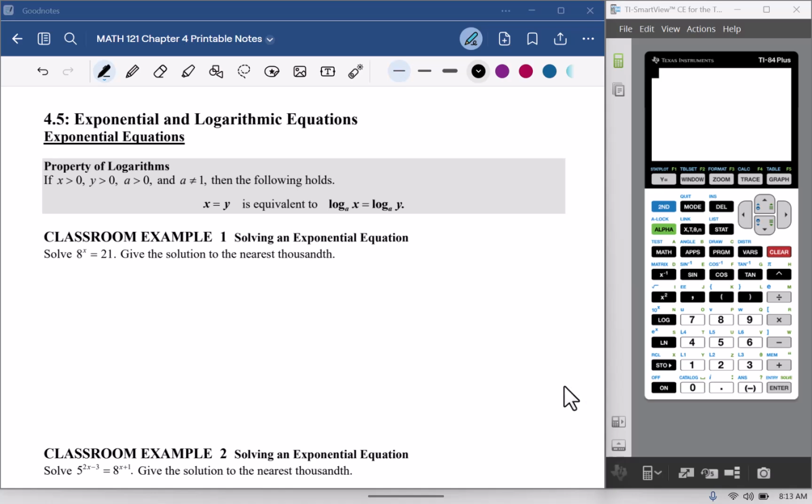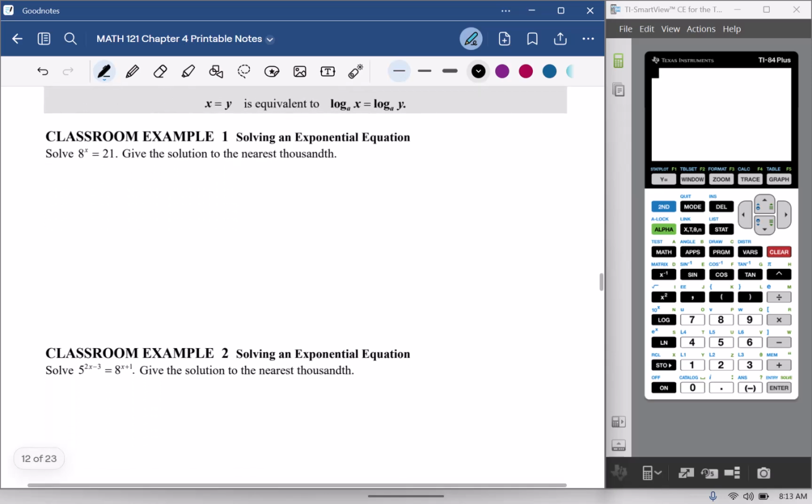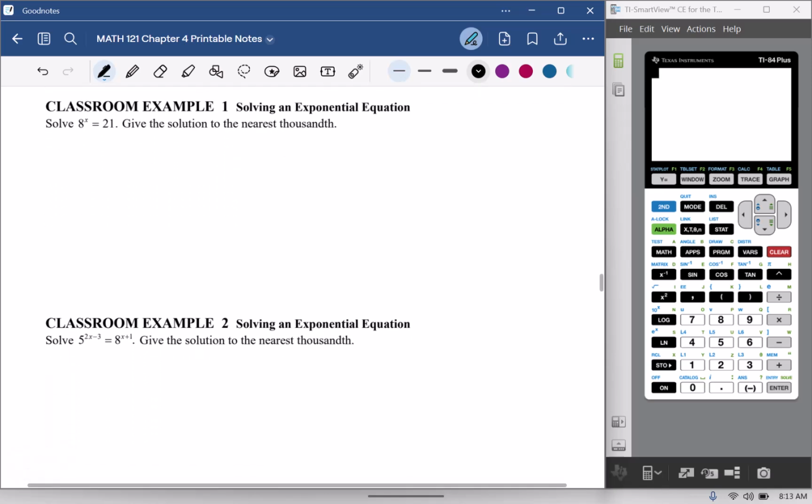Okay, this is our last video for chapter 4, and it's going to be solving all types of equations. First of all, we're going to start with an exponential equation. Notice that we do not have the same bases, so we're going to take the natural log of both sides